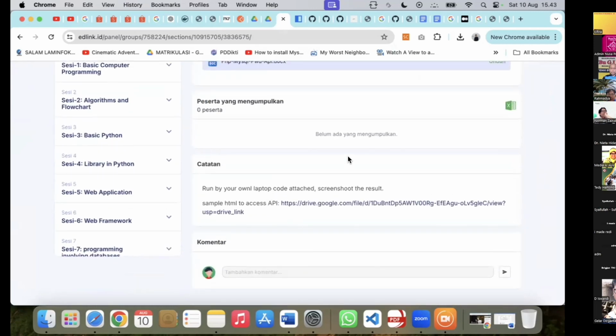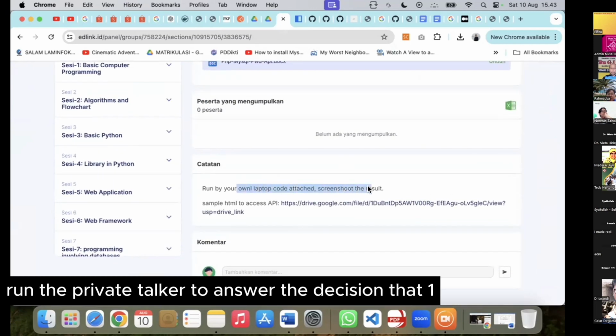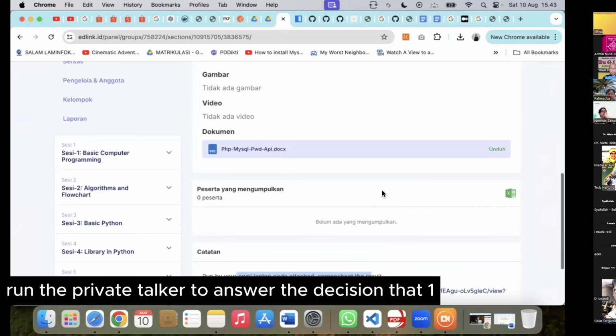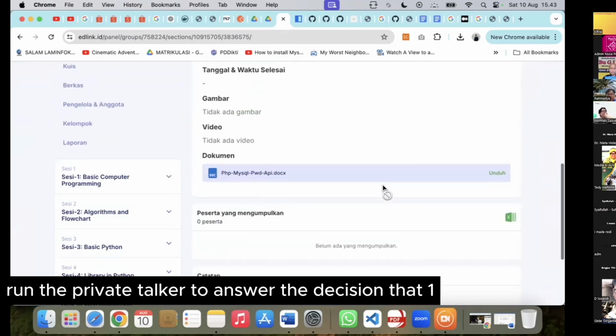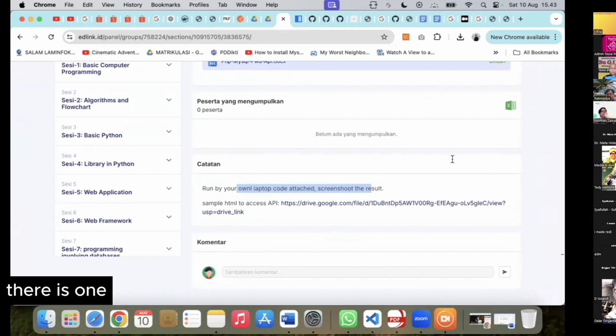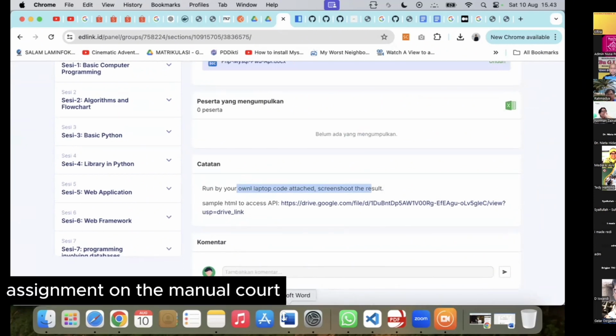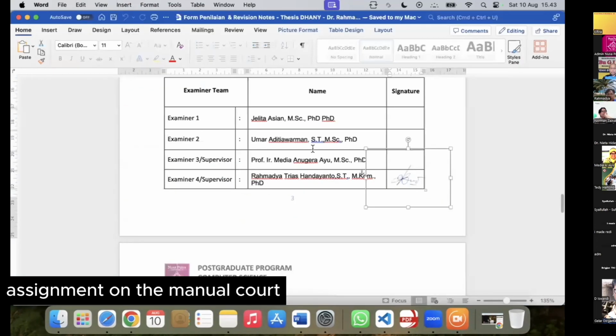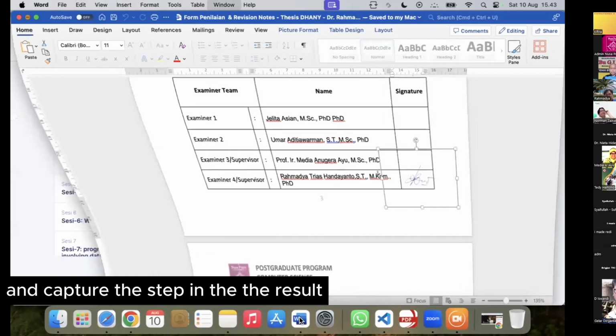But I want you to run the private Docker to answer session 11. There is one assignment: only run your code and capture the steps and the result.